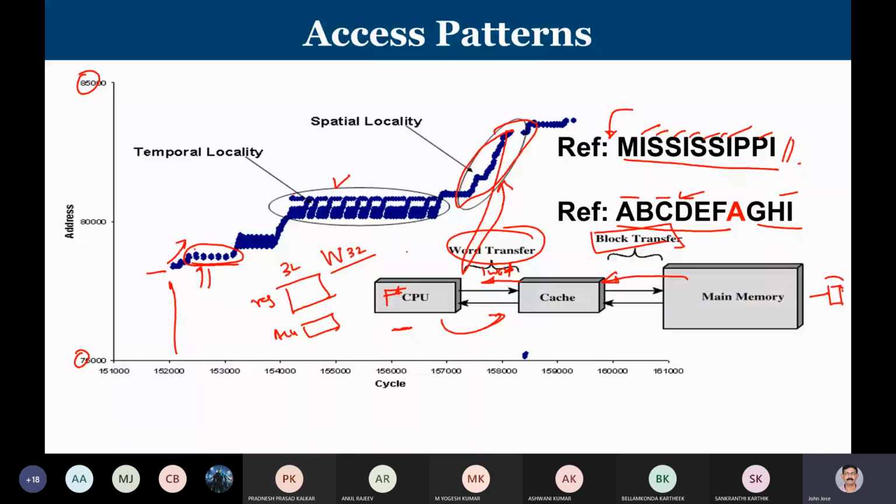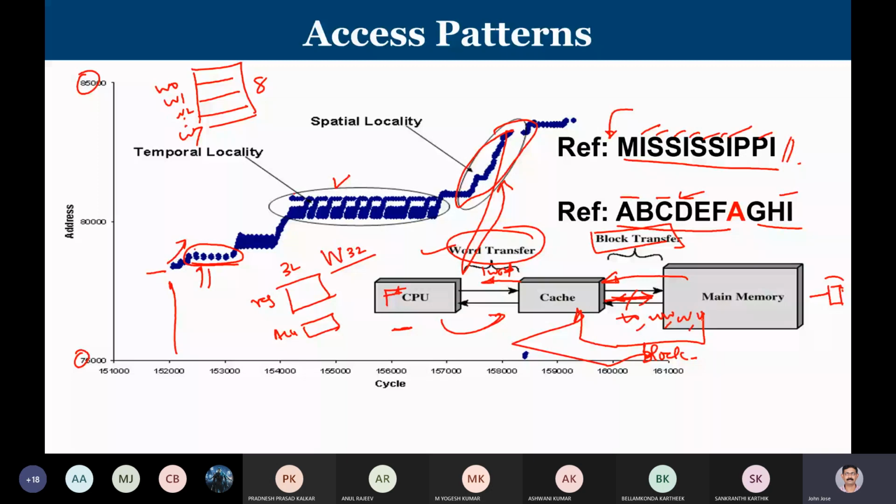Now, I'm going to define something known as a block, which consists of multiple words: word 0, word 1, word 2, etc., up to word 7. So I have 8 words in a block. So when I transfer something from main memory into cache, I'm transferring in terms of a block. And the bus that connects to main memory can transfer only one word at a time. So sequentially in adjacent clock cycles, I am bringing adjacent words. So it will take multiple clock cycles to fill up a block in cache memory.